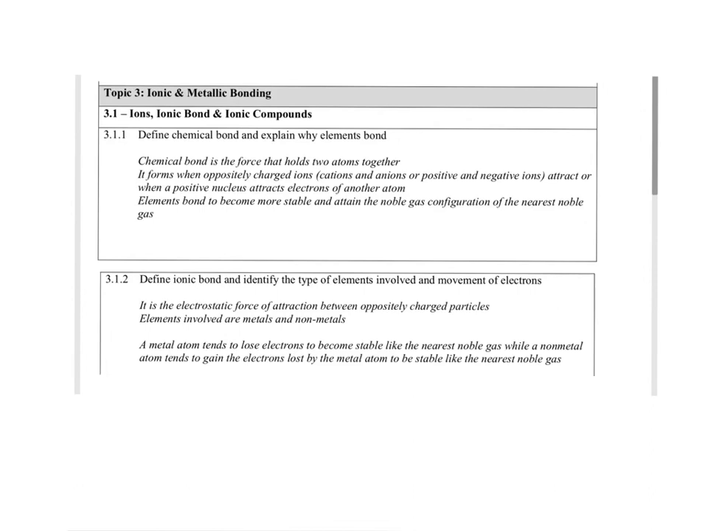So we started the class by defining what a chemical bond is, and we recalled that a chemical bond is a force that holds two atoms together. And we were discussing what kind of bonds there are, and we discussed that there is something called an ionic bond. This lesson is about ionic bonds, and an ionic bond is a bond that is formed between a metal